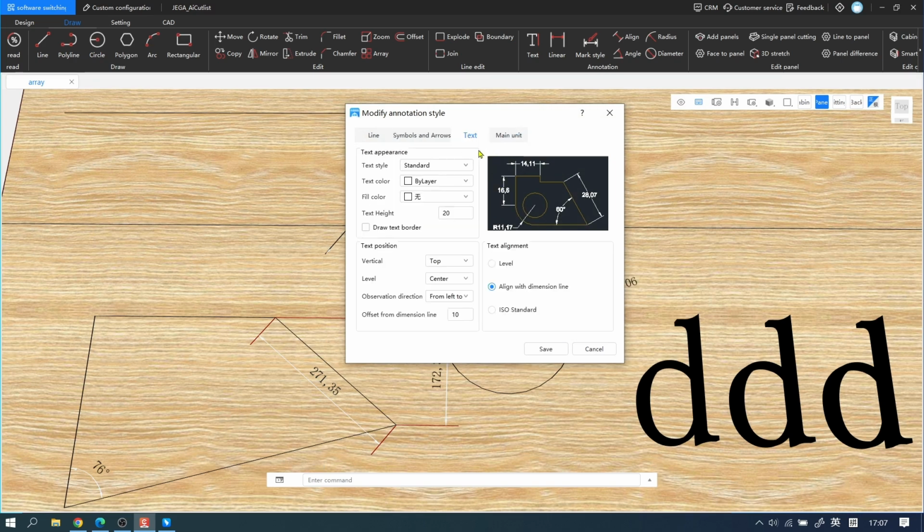The third one is the text. You can change the text style. Here is the color. You can change its color and the fill color. And here's the text height. You just change the text position, horizontal or at the top, at the center like this, and the level, and